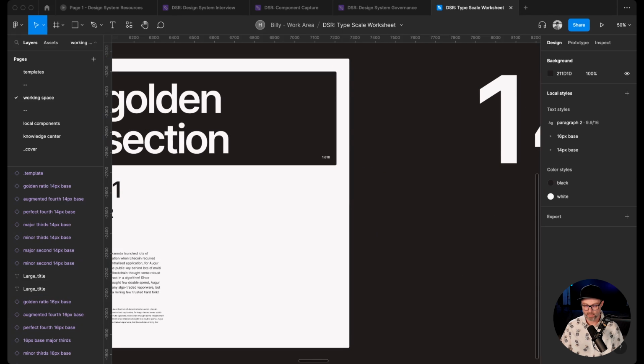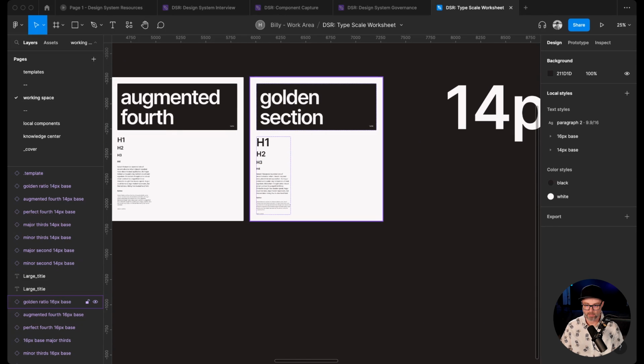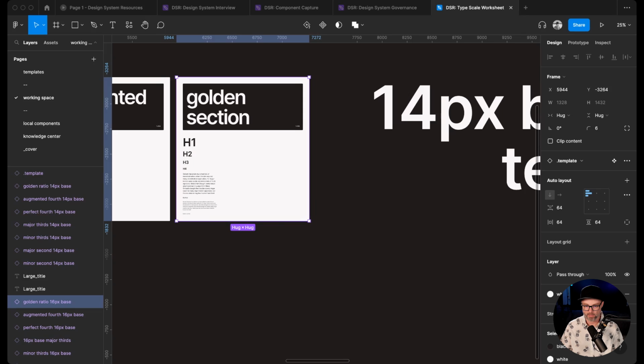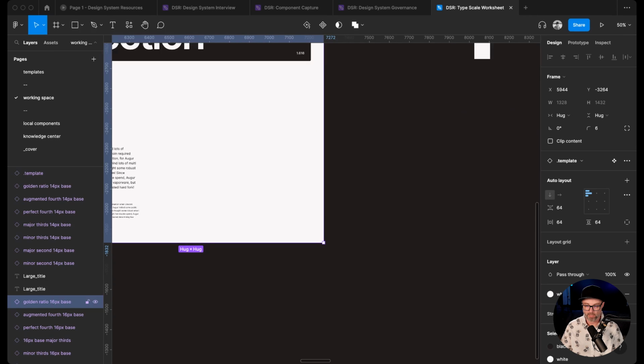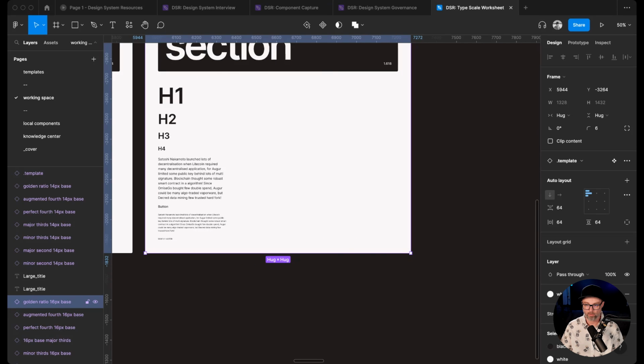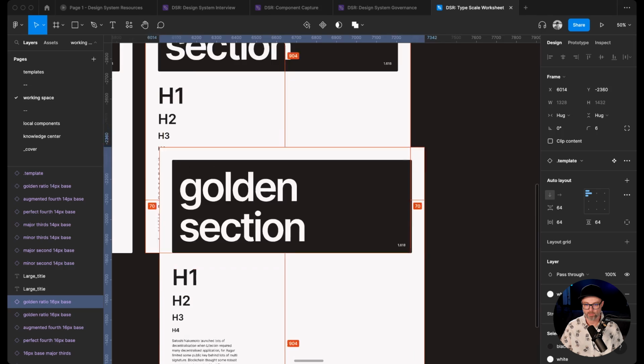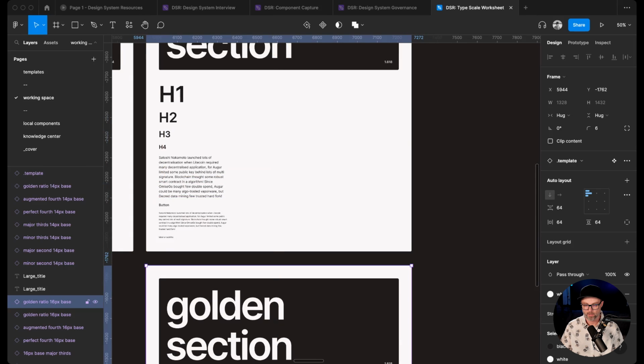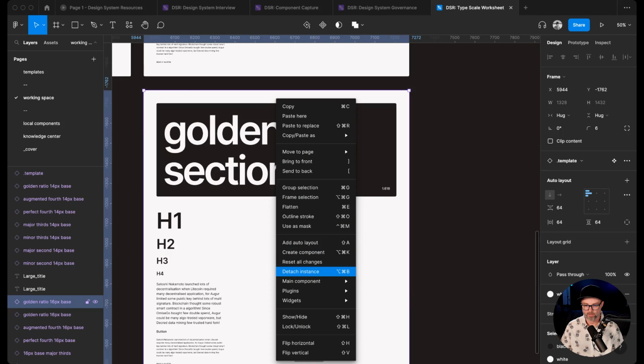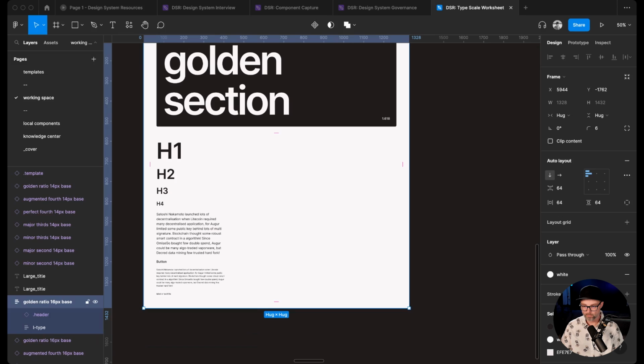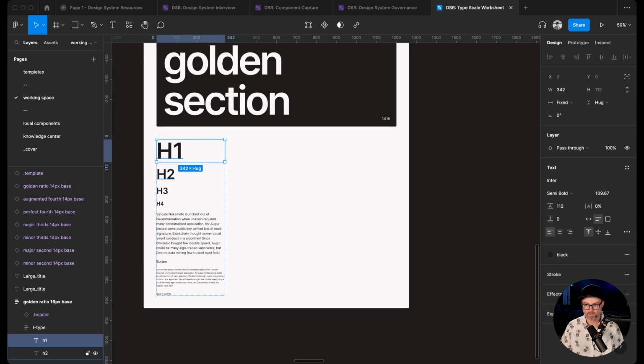And really the way we would go about adjusting these is, for example, let's say golden section. We're going to use this one, which has a scale of 1.618, and we would duplicate this underneath here, and then we would detach this component. And then we would go through and take a look at all of these different values. Now, none of these are linked to the type styles